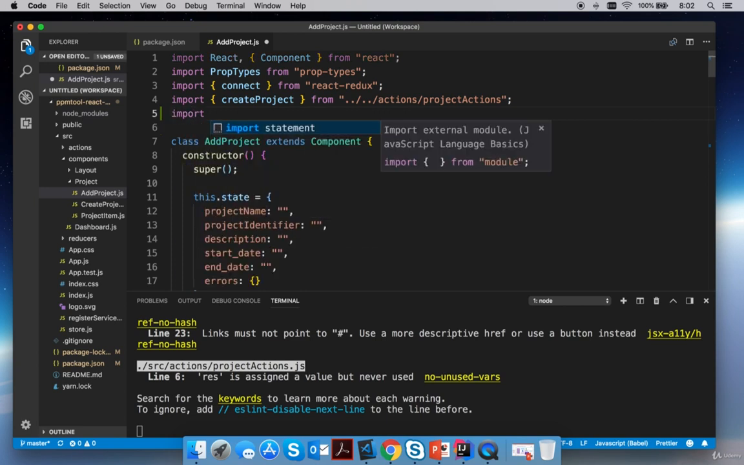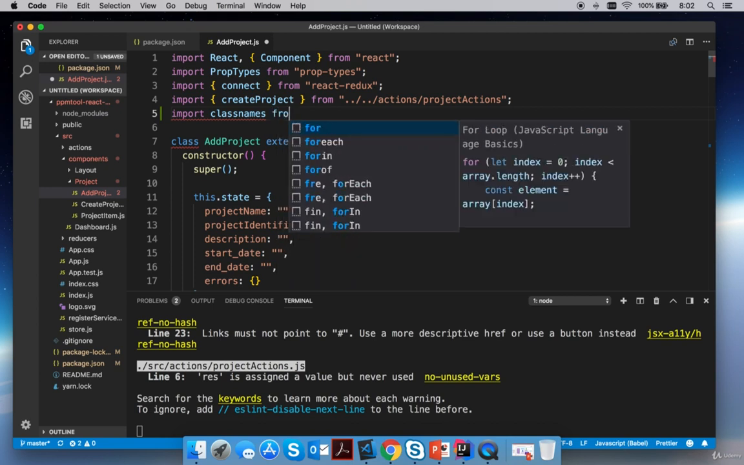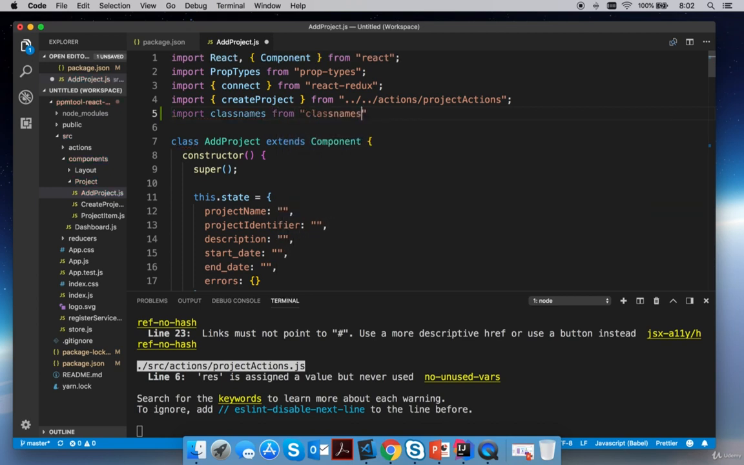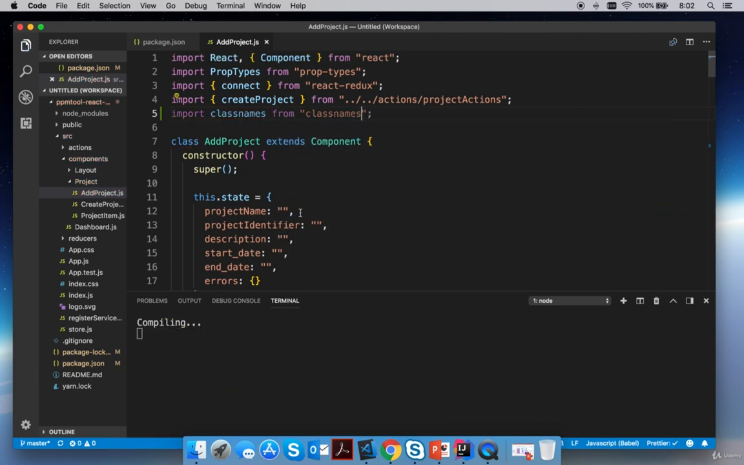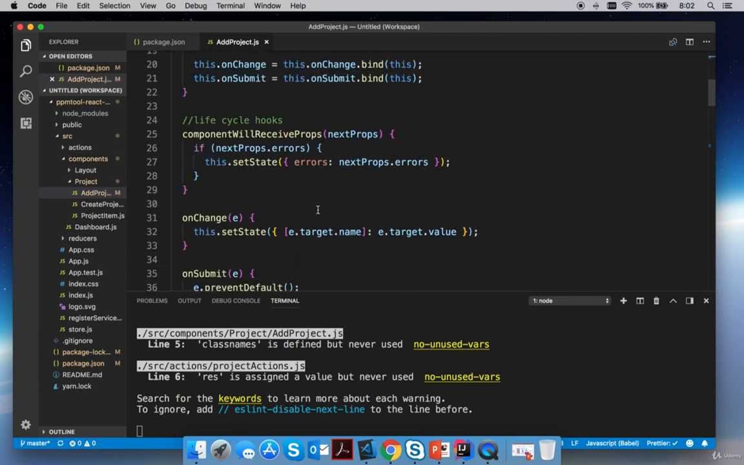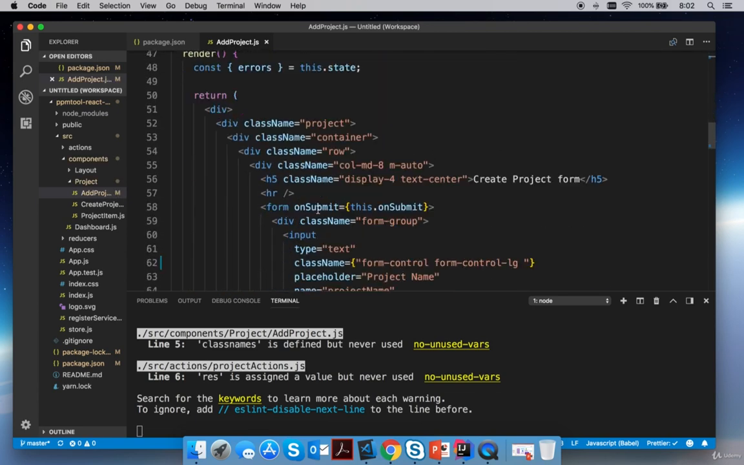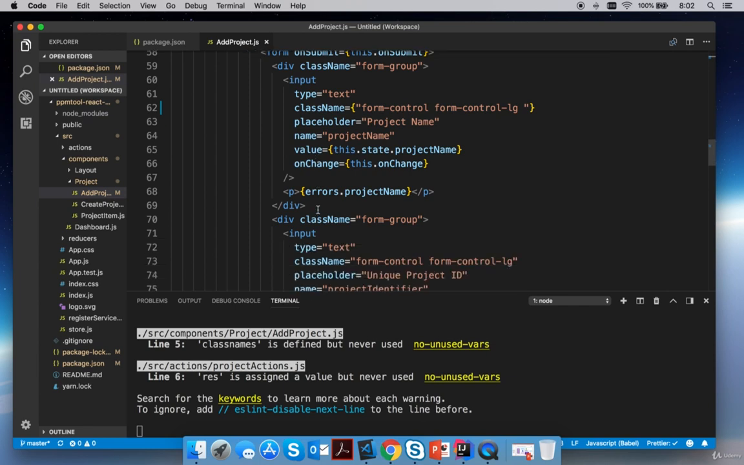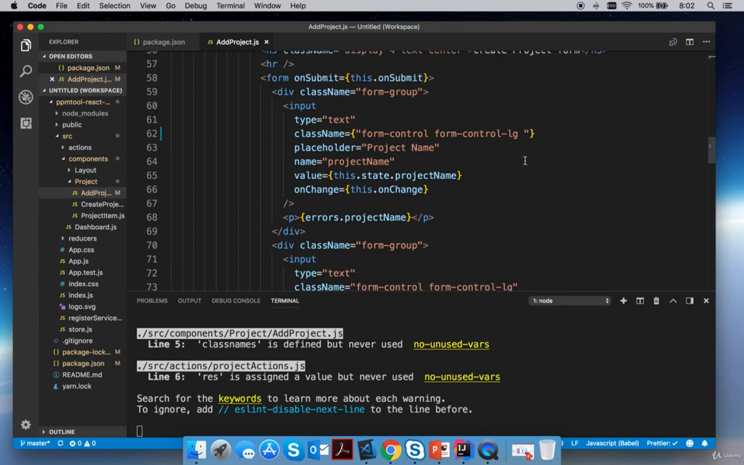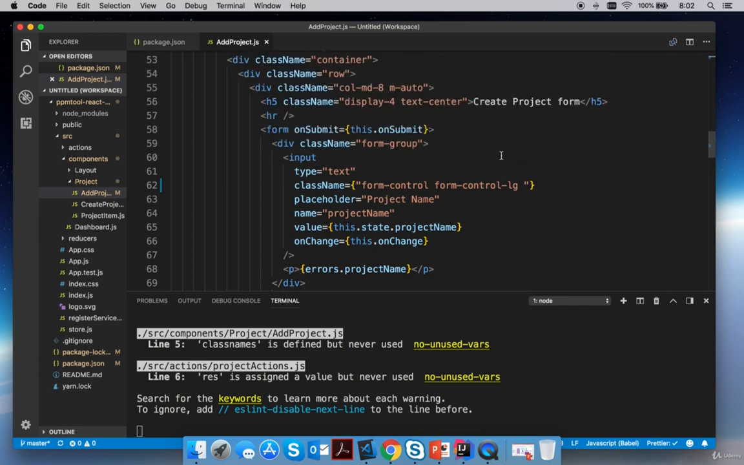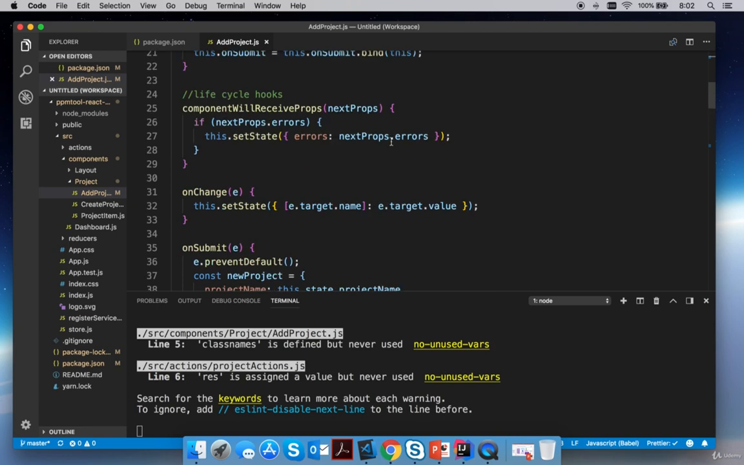Import classnames from classnames. Okay, and I promise I'm going to do a better job at sticking to my notes, because I get excited and I just want to get coding, and that's where I start overlooking my notes. Okay, so I'm just going to do this step by step. Okay, so now that we have our import,